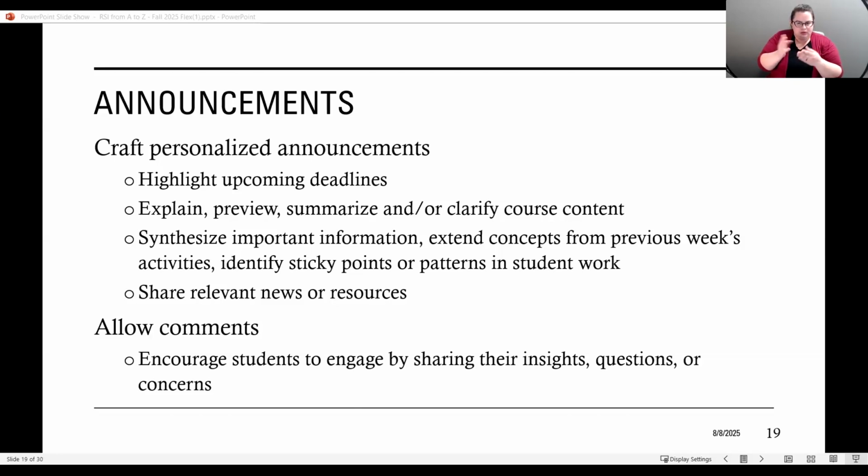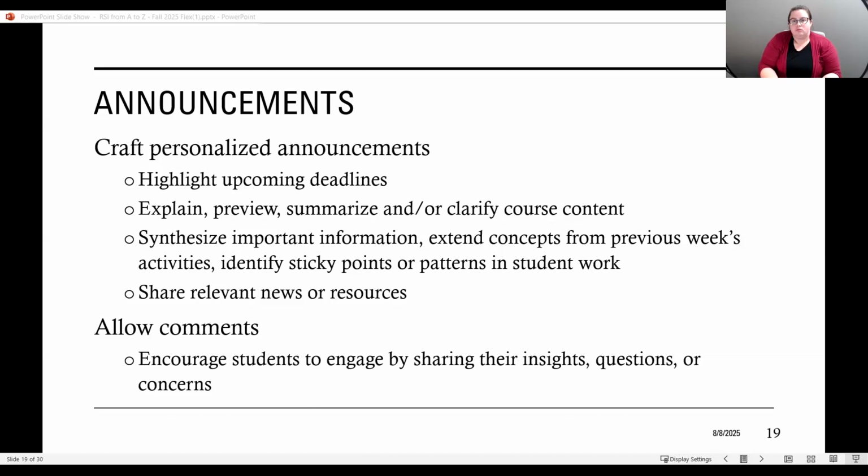We could include information that connects or extends from last week to the activities we're going to be doing in the upcoming week. And we could add some current, relevant news and additional resources that could help the students understand the topic. All of this could be communicated and crafted using announcements.